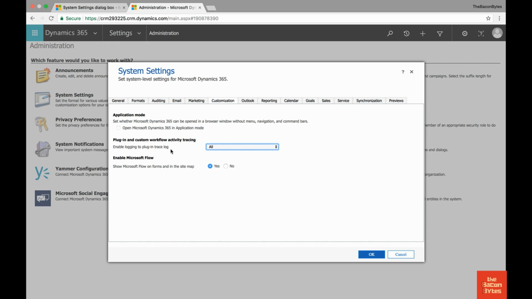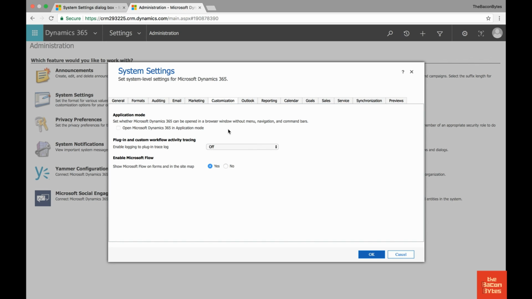Things to be careful of when you do all. This is now going to trace all of the logs for plugins, so it's going to quickly fill up your database as well. Typically we leave that off until we're needing to troubleshoot a plugin, in which case we turn it to exceptions. The other option there, again, would be just to leave it on exceptions, so that way you're catching everything. But if you're not actively monitoring that and clearing that out, that's, like I mentioned, going to increase the size